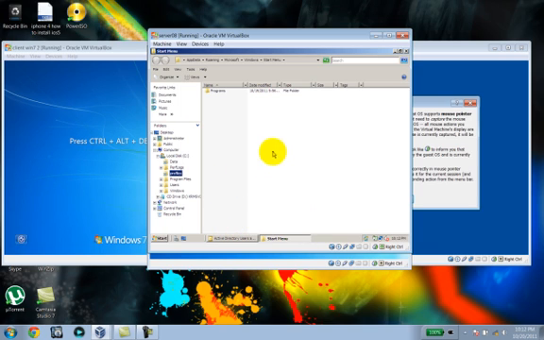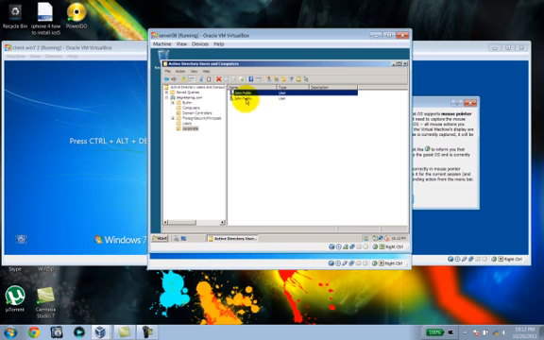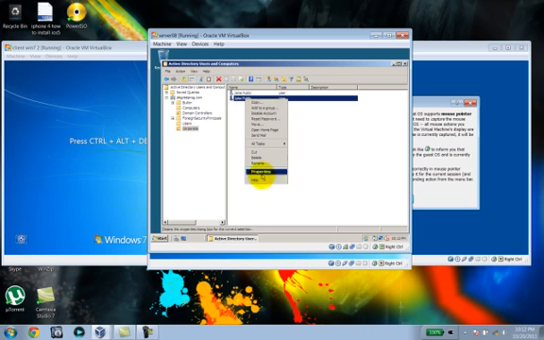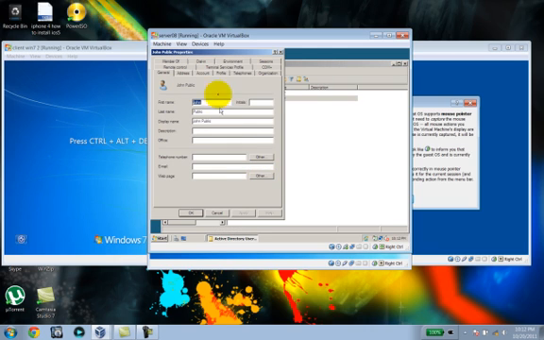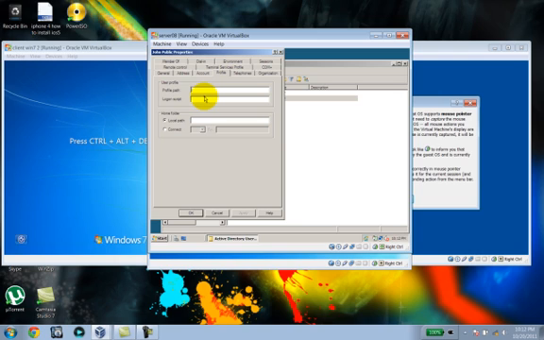Alright, so now we have done that, we can proceed to each account and create the profile. So in this case, it will be the UNC path,